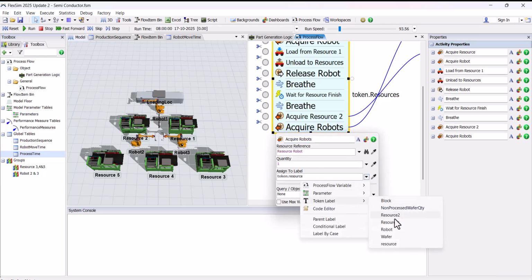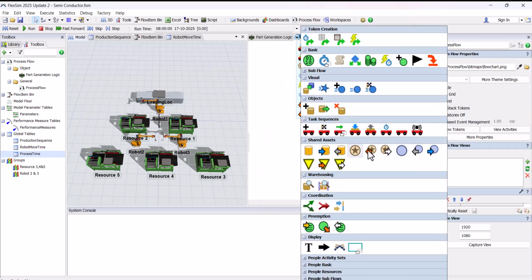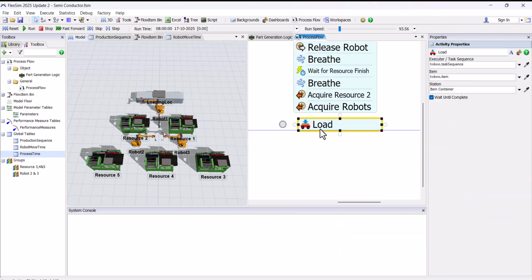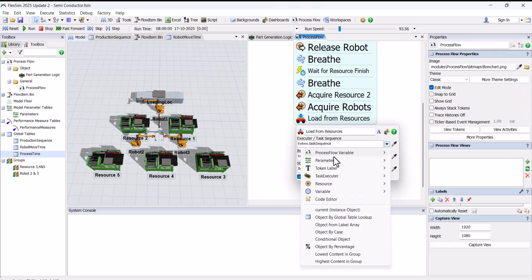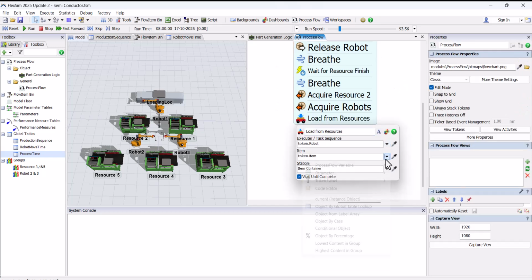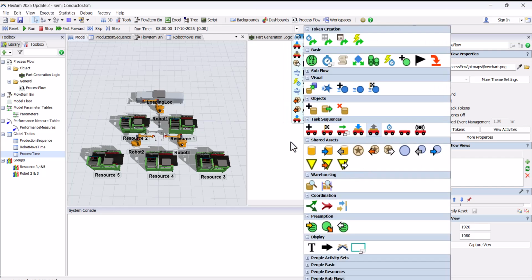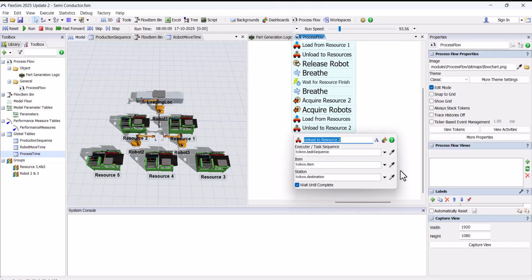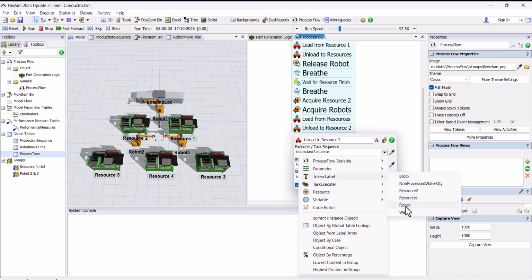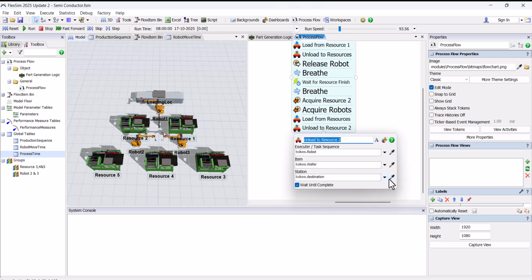Inside the acquire activity, I'll assign token.robot. After that, I'll drop a load activity to the flow and rename it load from resource 2. In the activity pane, under task executor, I'll set token.robot, and for the item, I'll set token.wafer. Next, I'll drop an unload activity and rename it unload to resource 2. In the activity pane, I'll set task executor as token.robot, item as token.wafer, and for the station, I'll refer to resource 2, as